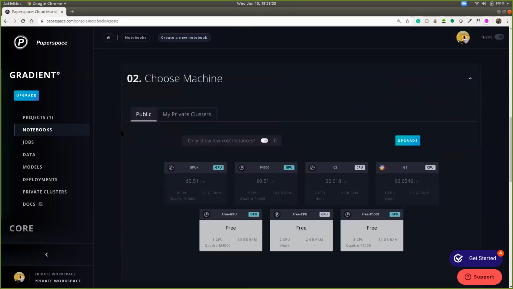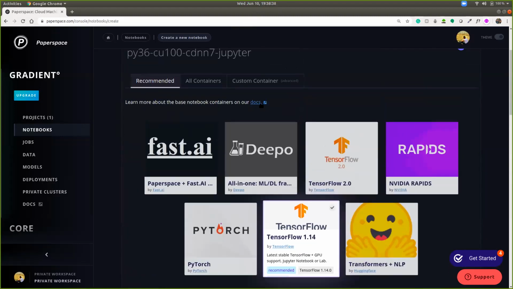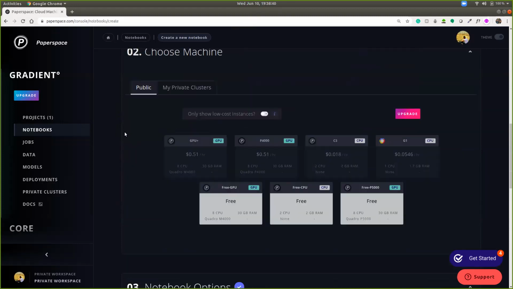Since you have selected this container, after the container you select the machine, whichever is suitable. Right now, these below ones are the free ones. You will see there is 30 GB RAM, a Quadro M4000 GPU and 8 CPU. This one is a free GPU, and there is one more free GPU, the P5000 with 30 GB RAM.